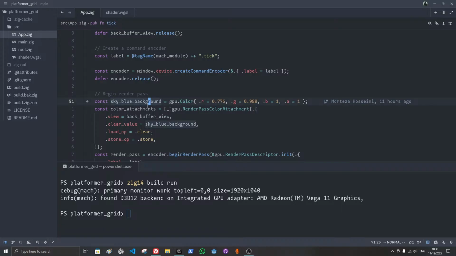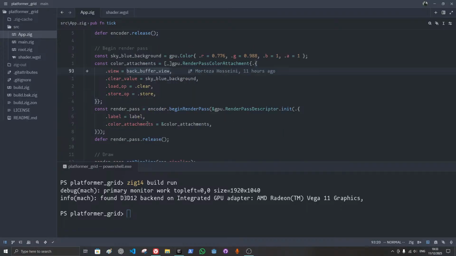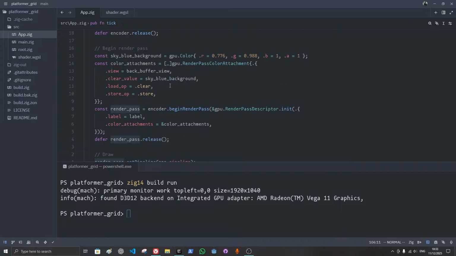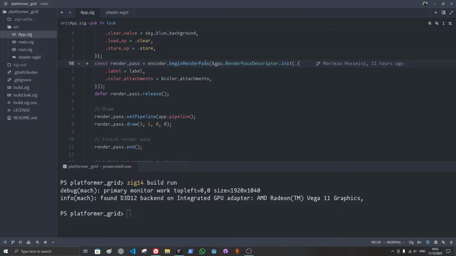We make a background color, render pass color attachment. Okay, there is this draw function here, render pass. So we create a... I don't exactly know what this render pass is, but we kind of create a context, I guess, where we can put the background color of this color, and then we use this context